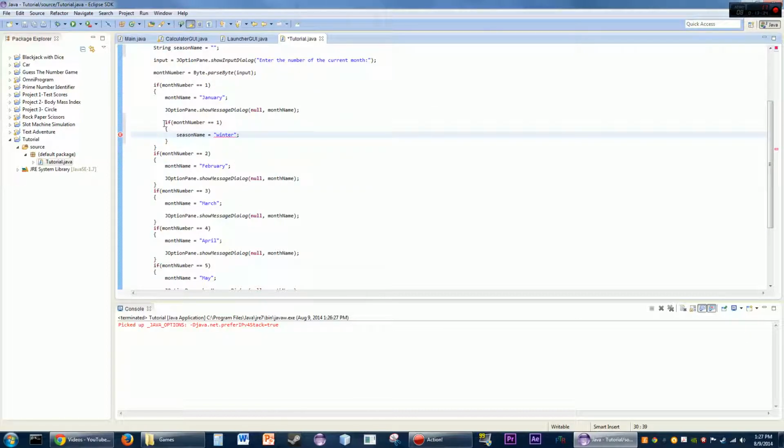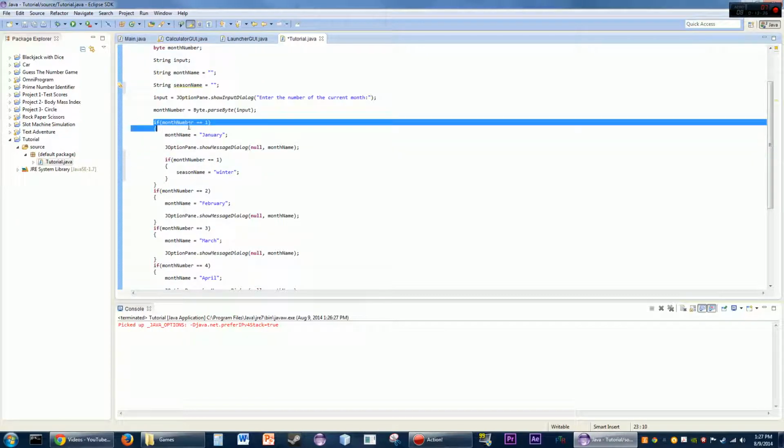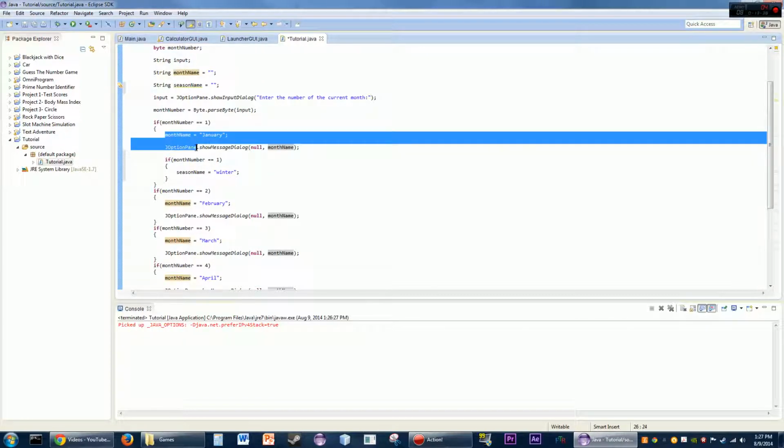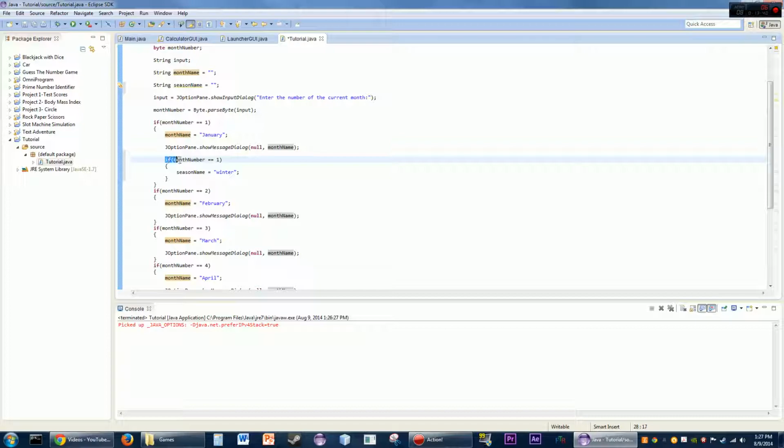Okay, so you can have these nested. So we'll do one if statement. Oh, that's correct. Do this, do this, do this. Oh, another if statement. Okay, month number equals 1. Do this one. Now, it's guaranteed that if this is going to equal 1, if this is here, but